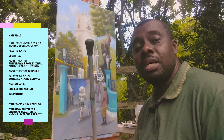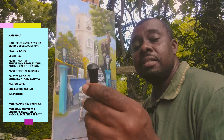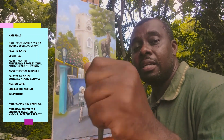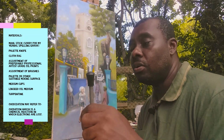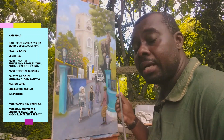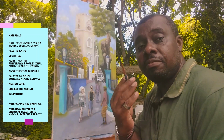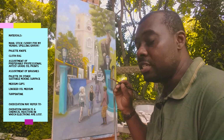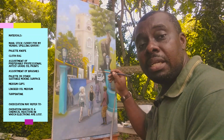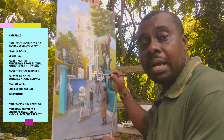You can get a simple double stick from any hardware store in Barbados, and you can take a cloth at the top of it and strap it on, because the main function of the mahl stick is to help as a support mechanism. So whereby, for example, I want to paint an area of detail with this fine brush, and I don't want it to spill over and I don't want it to muddy the oil that I'm painting on top of, I can use it as a prop here and rest my hand onto it as a